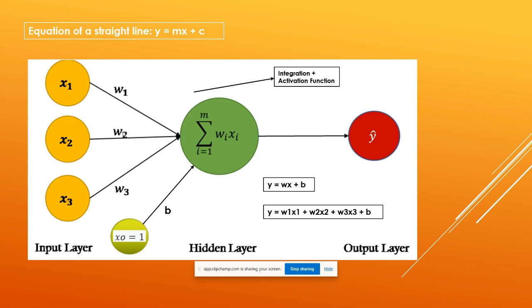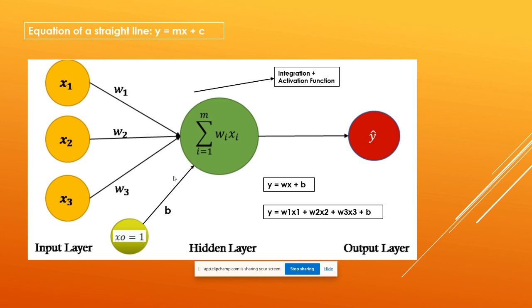And for C constant, we have to add. You can see here in the end, one more yellow circle is there, and we have added one more neuron for the value of c, whose weight we have given as b. And the value for this neuron x naught we have given 1. Okay, so that's why now you can see that